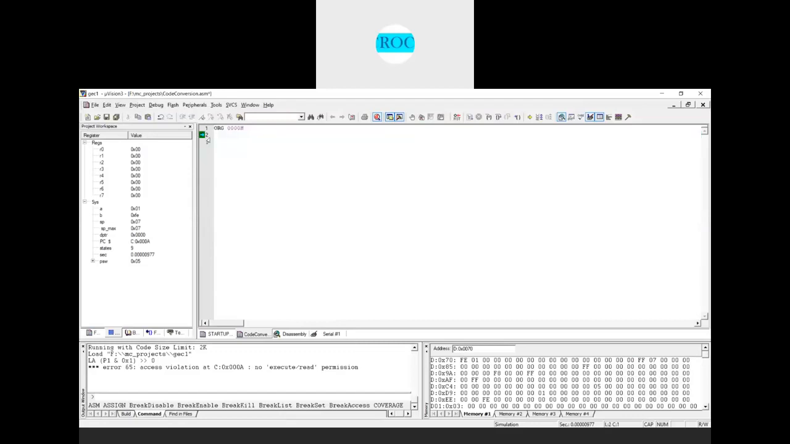First, what we have is move a comma 20h, move b comma a. Now, as I said here, since I need to find the cube of that number, first what I do is,